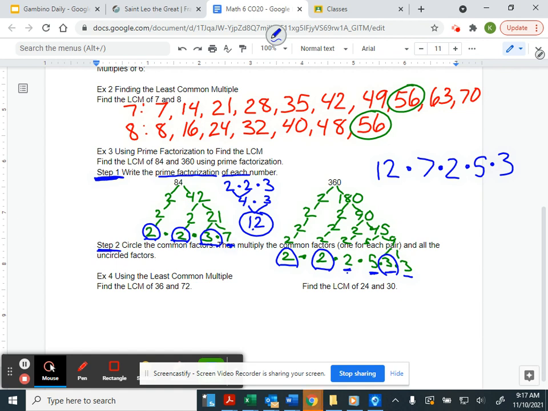So we found that greatest common factor and took those out. Then we multiplied through the uncommon primes, the ones that they don't share. So we're multiplying our greatest common factor with all the other primes. So 12 times 7 is 84, times 2 gives us 168, times 5 gives us